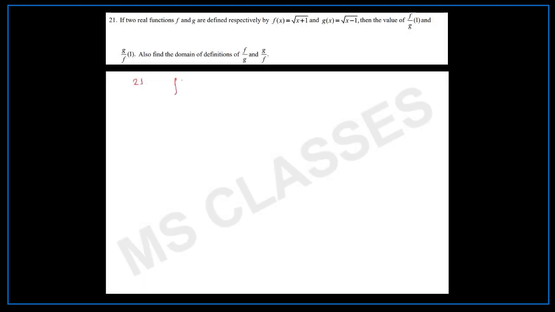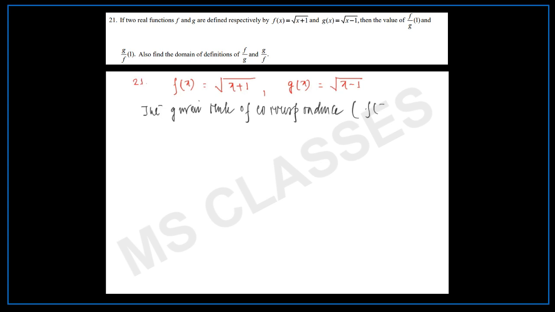f of x equal to under root of x plus 1, g of x equal to under root of x minus 1. These are the two functions given. So at first we'll find the domain of these two functions. So we start in this way: the given rule of correspondence, which we have denoted as f of x equal to root over of x plus 1,